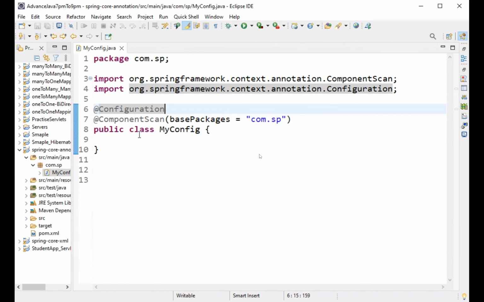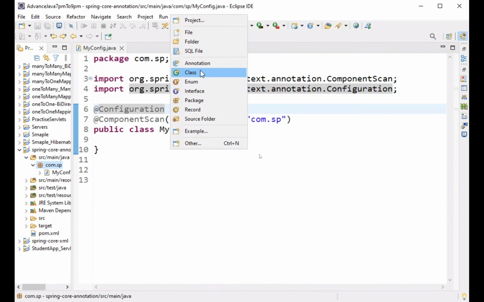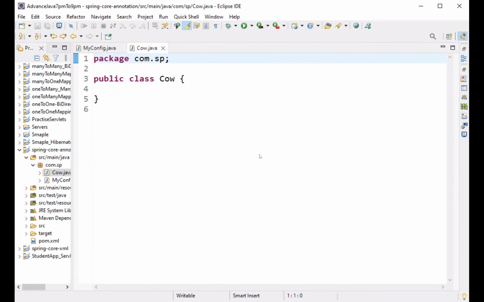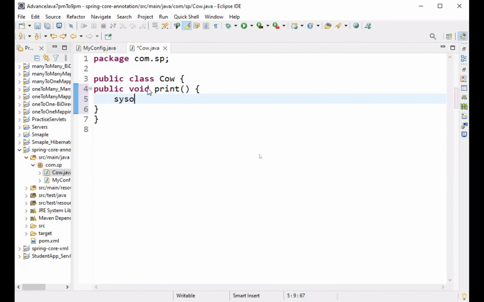Okay, fine. Now I'll create one class and I'll show you how exactly it works. I'll just create a class called Cow. In this class, I'll write a method: public void print, with System.out.println, "I am in Cow